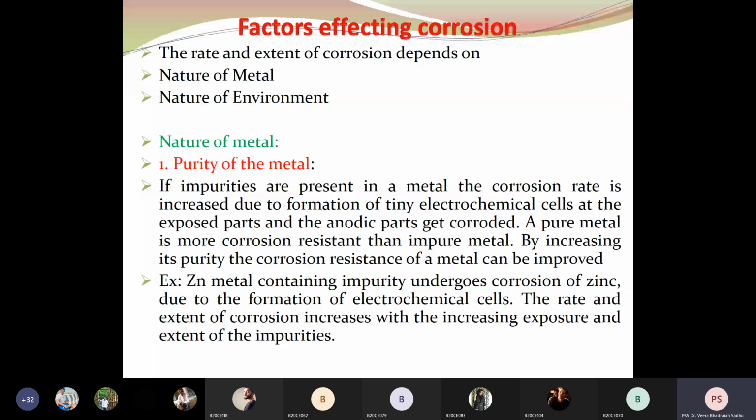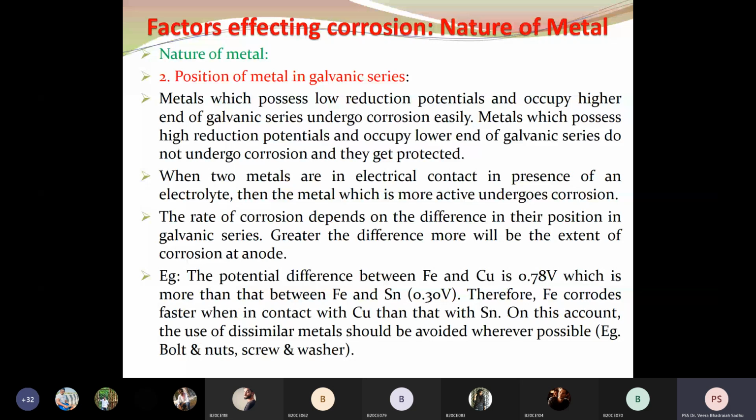And the second type in the nature of metal is the position of metal in the galvanic series. So you already know the galvanic series, the list where metals are placed based on their reduction potentials. The metals which possess low reduction potentials and occupy the higher end of the galvanic series, that means on the top, undergo corrosion very easily. Metals which possess high reduction potentials and occupy the lower end of the galvanic series do not undergo corrosion